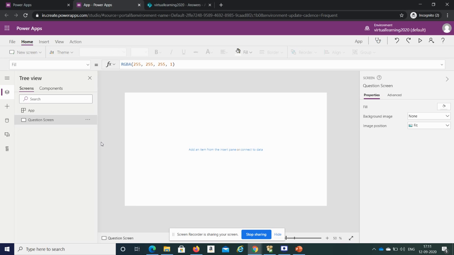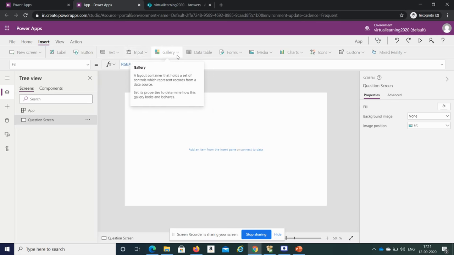So I have renamed it. Now what we are going to do is, I'm not going to design the whole UI. I will just keep a brief on it, so that you can do it also for your own. So to create a dynamic form, we need to use some type of actions or controls which show dynamic values.